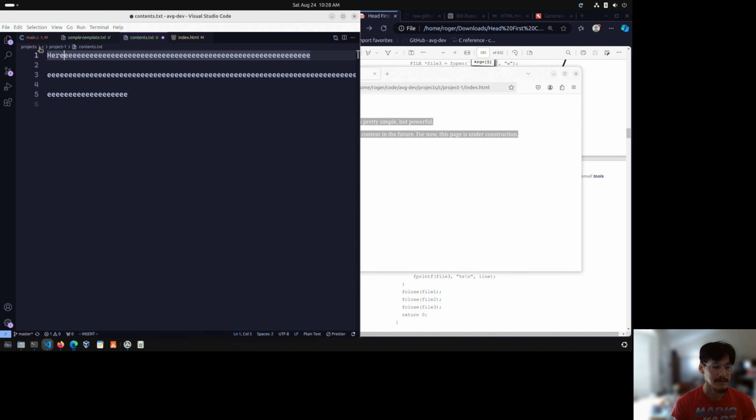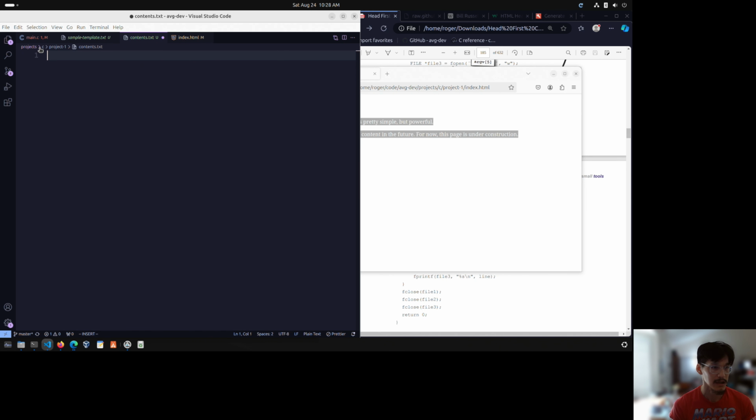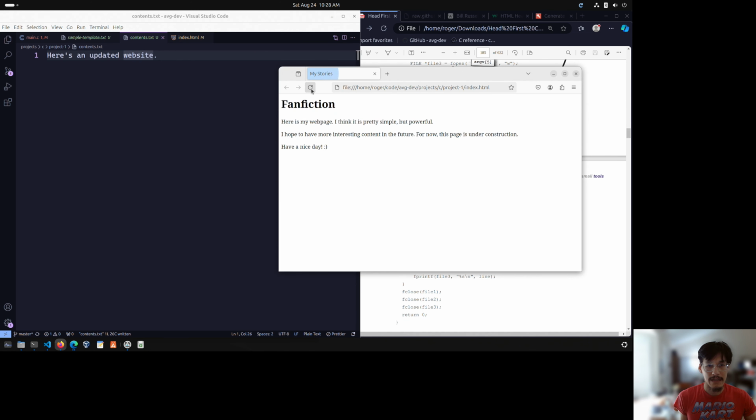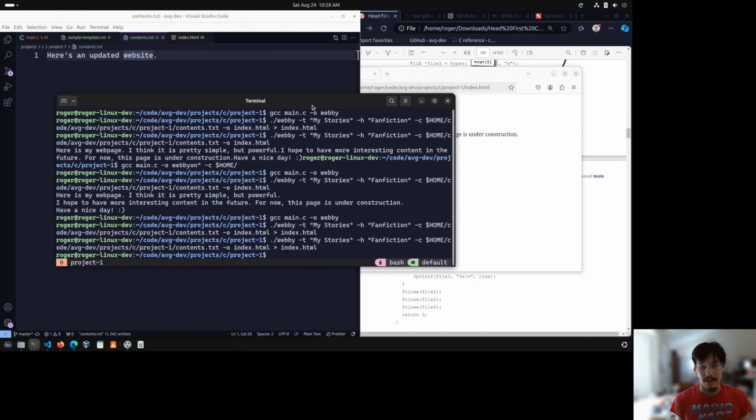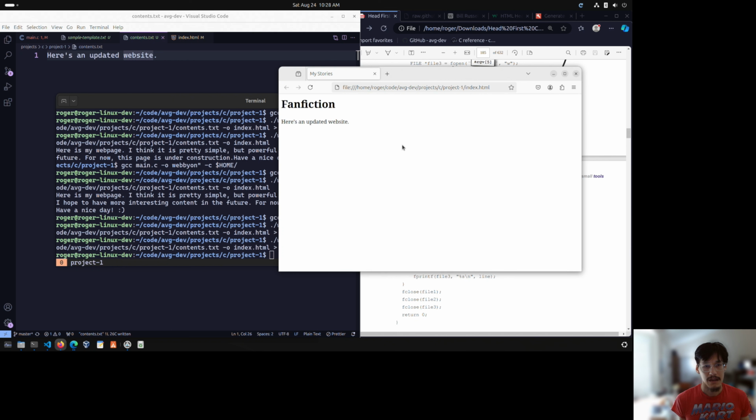Here, oops. Let's see. Okay, here's an updated website. So we save this text file. I'm not going to recompile the program. I'm just going to refresh the page, or I'm going to rerun the program and then refresh the page. No compiling. And here we go. So I can now start distributing this program, right, to everybody who wants to use it,